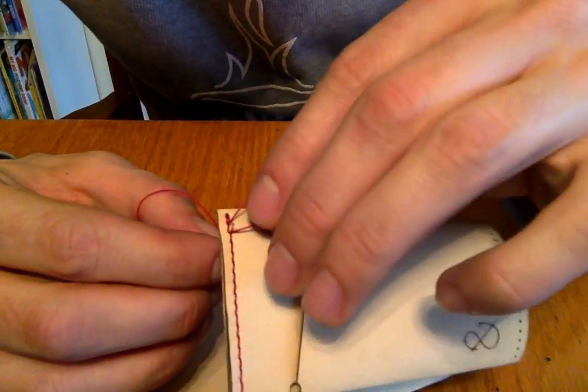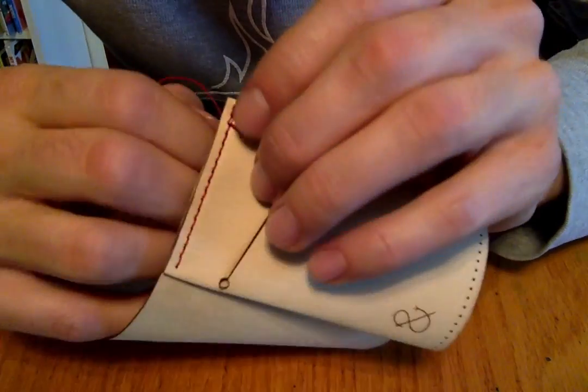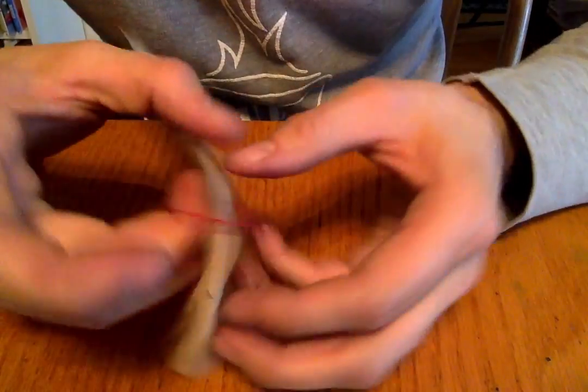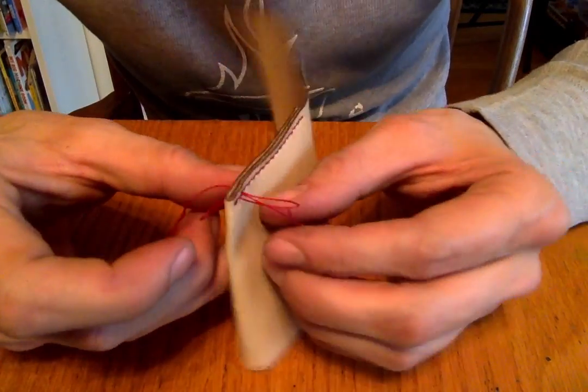So this loop's going to be down, right, because you want this to be on the bottom, and the needle is going to come between the two. This is the last thread that's going to come through the leather, and it's going to be right between these two other pieces of thread, and that'll make it look nice and neat. So once again, let's get these nice little butterfly wings